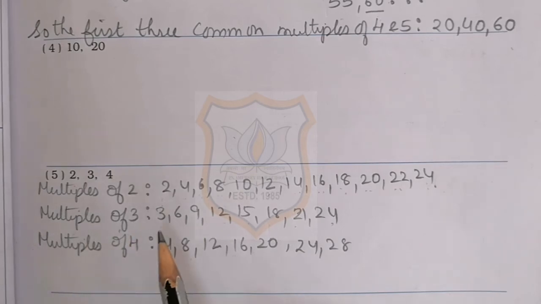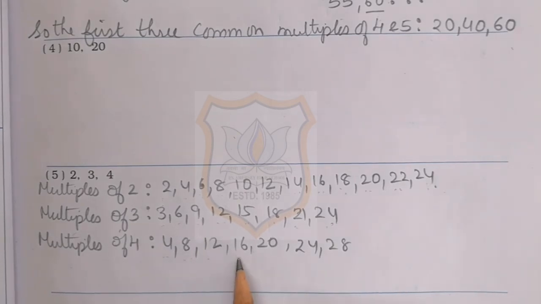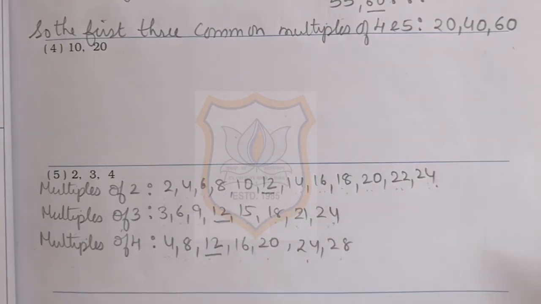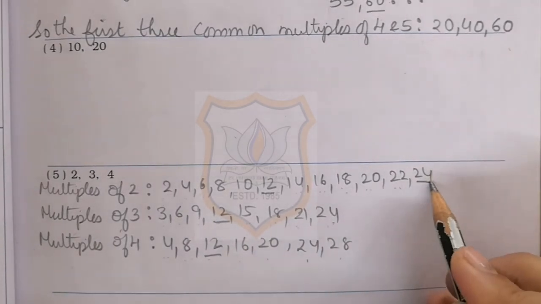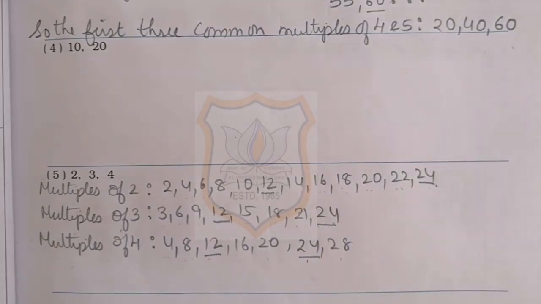And multiples of 3 are 3 1s are 3, 3 2s are 6, 3 3s are 9, 3 4s are 12, 3 5s are 15, 3 6s are 18, 3 7s are 21 and 3 8s are 24. And multiples of 4 are 4 1s are 4, 4 2s are 8, 4 3s are 12, 4 4s are 16, 4 5s are 20, 4 6s are 24, 4 7s are 28. Now we will find out the common multiples. Here you can see that 12 is a common multiple of these 3 numbers and 24 is a common multiple of these 3 numbers. We have to find out 3 common multiples, so we will write down some more multiples